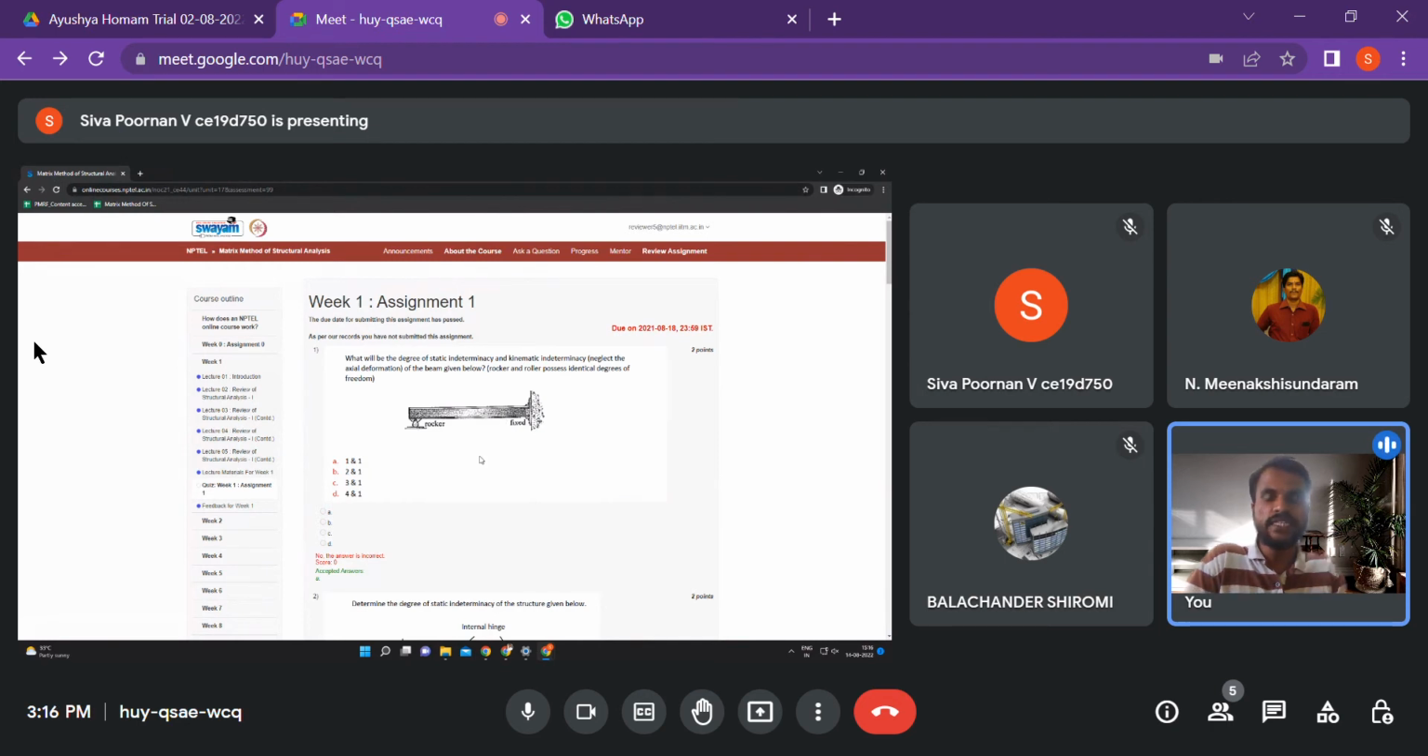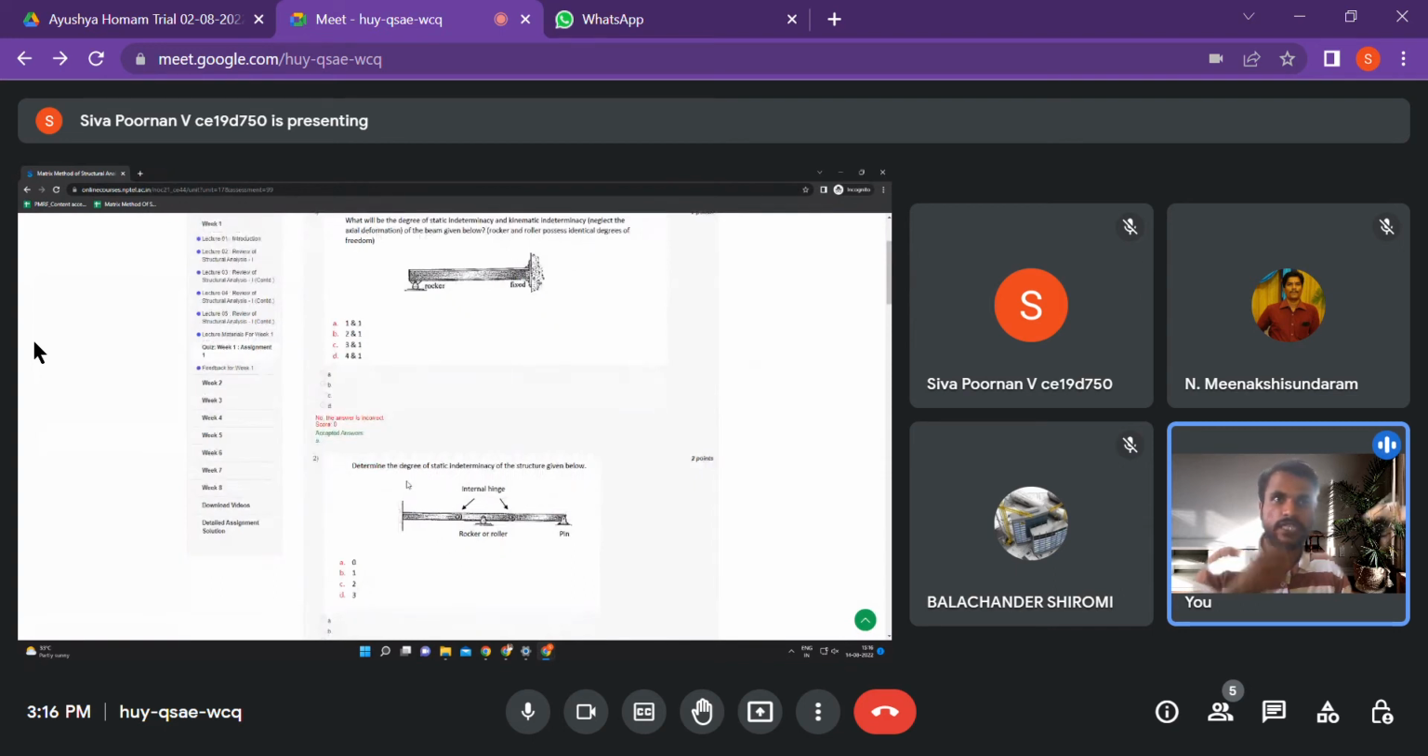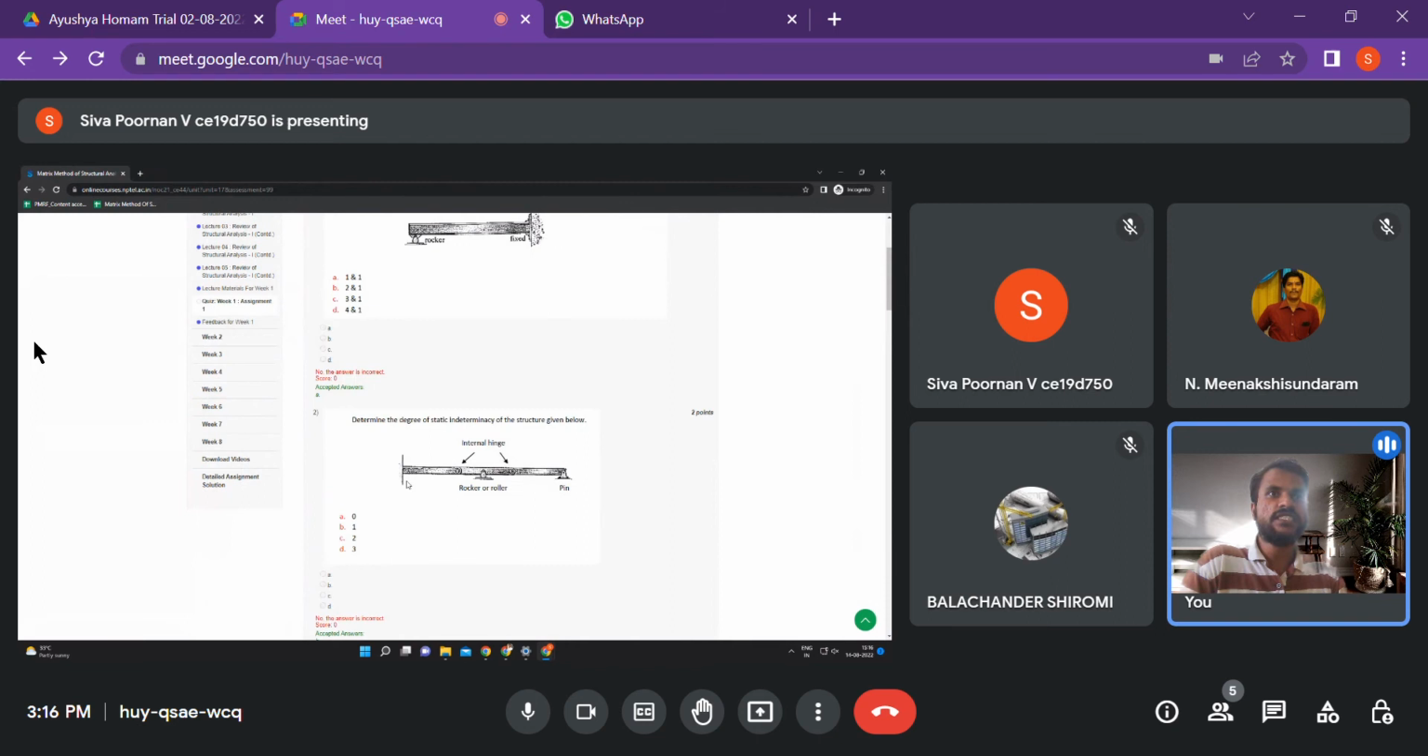What about kinematic indeterminacy? We can have only rotation at this end, right? Because we are assuming that there is no axial deformation, so this cannot move. So it's 1 and 1. So the answer is A for this. I'll skip problems like this which seem very trivial from now on and go only to a bit more complicated problems. So the second question is,